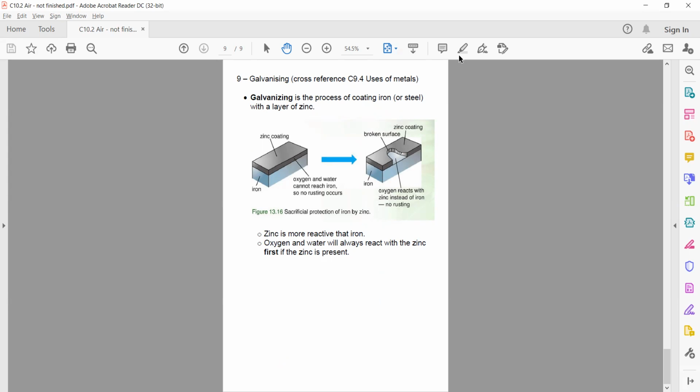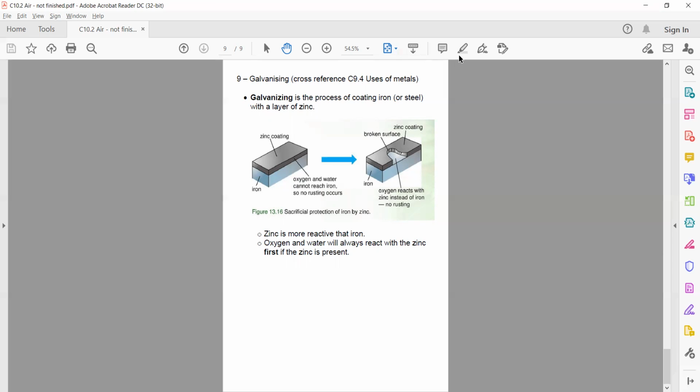No, sir. No? So if you were going to compare galvanizing to painting, what is the advantage of galvanizing over painting? Why is it better to galvanize than to paint? It won't peel off. It won't peel off, correct? It will last longer. It'll last longer, correct? Because it sticks to the surface.